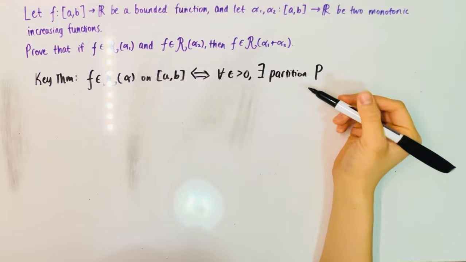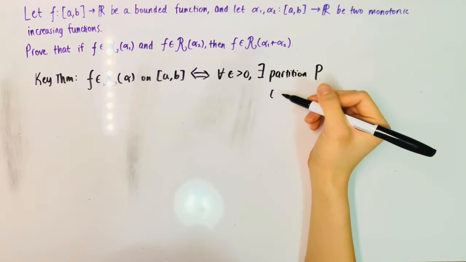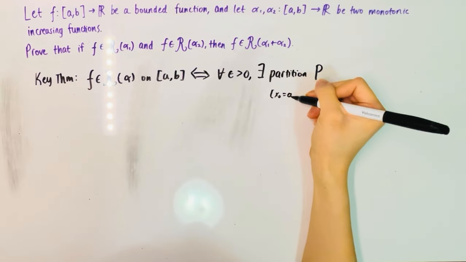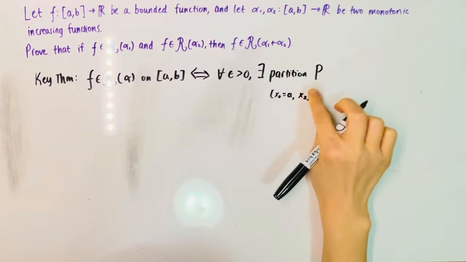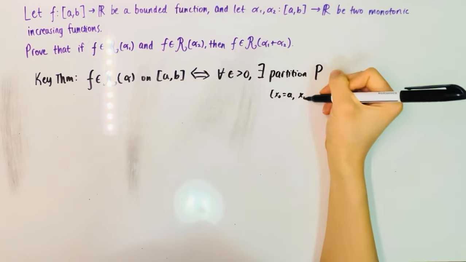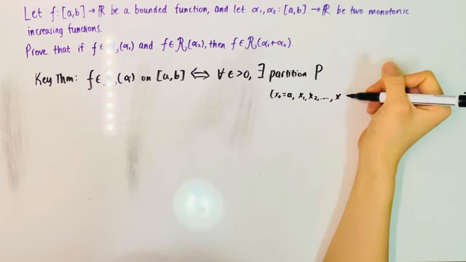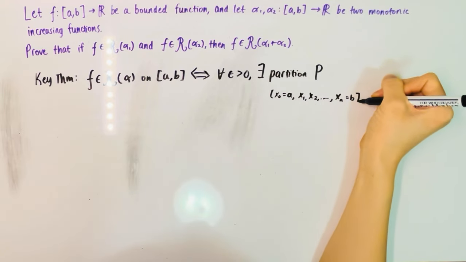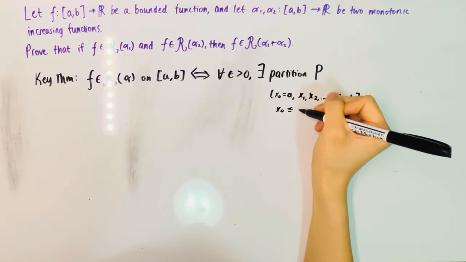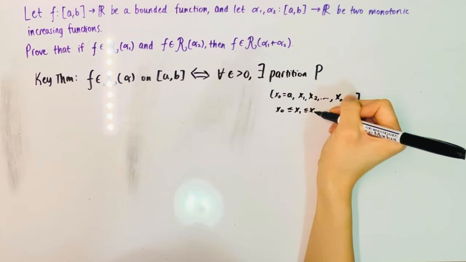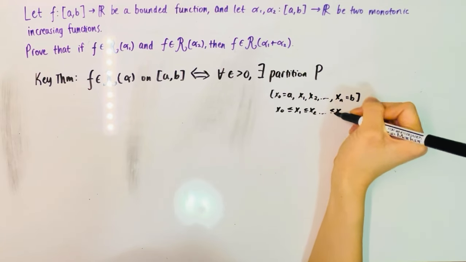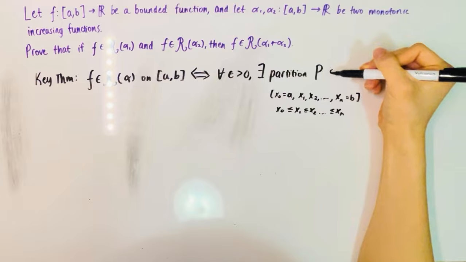And remember, our partition is just like x0 equals a, x1, x2, and so on, up to xn equals b, where x0 is less than or equal to x1 is less than or equal to x2, less than or equal to xn, such that